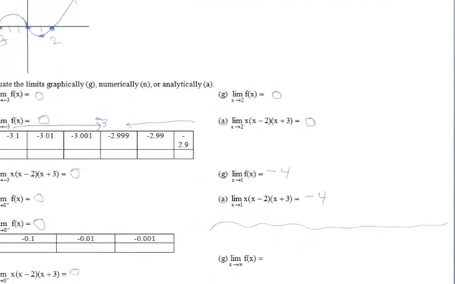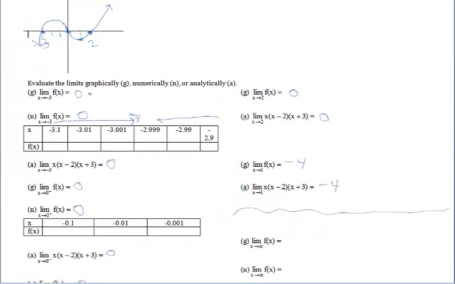So as x takes on very, very large values, the further the graph goes to the right, think about where you're at on the graph, the y values just keep getting larger and larger and larger. Okay, so we say that that limit as x approaches infinity is positive infinity. Okay, numerically,